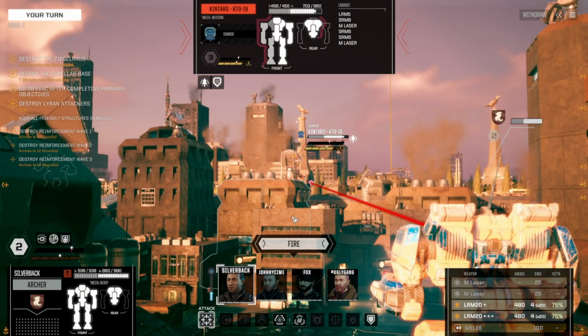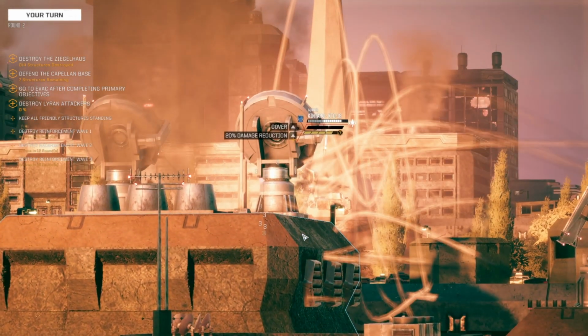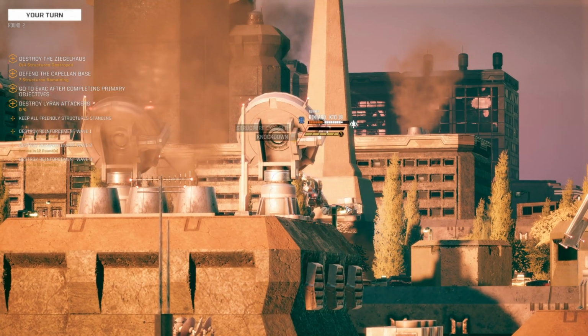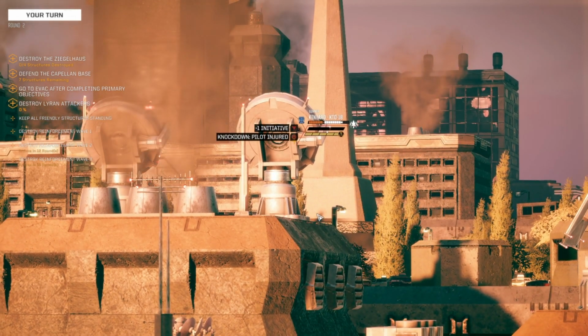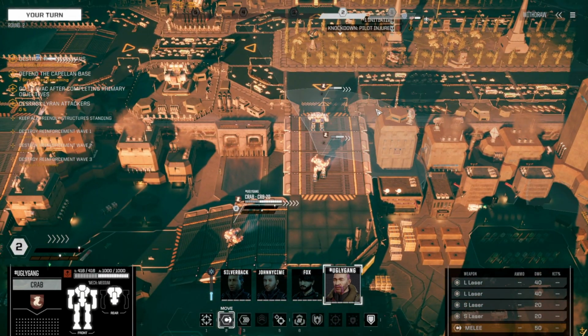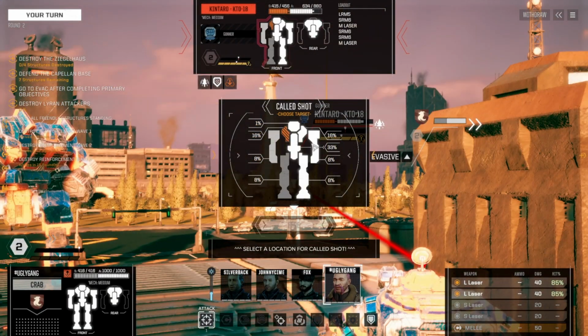Silverback will provide the fire support to knock this guy over. Down he goes, and an armor breach. And then our crab can come in and make a called shot on him. Like so. Right over here is fine. We're probably going to ignore the...